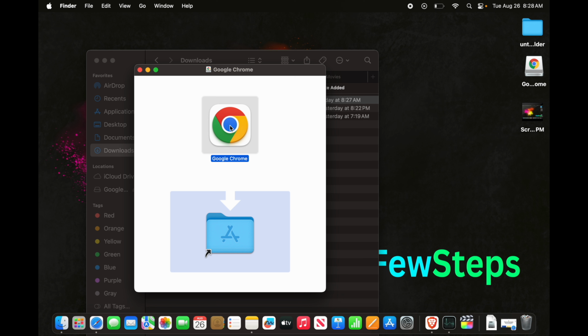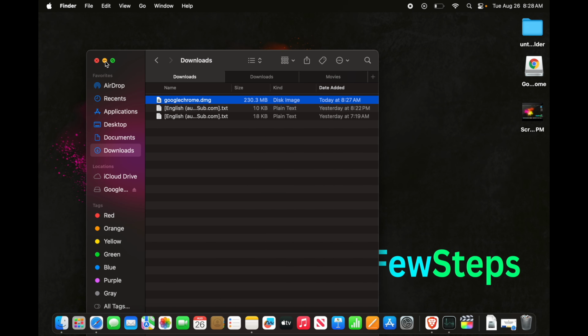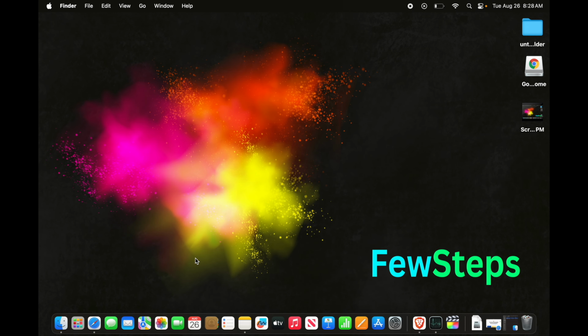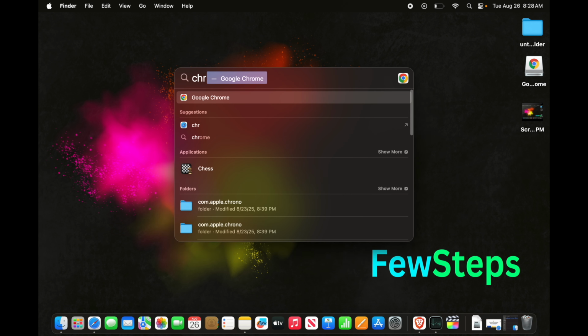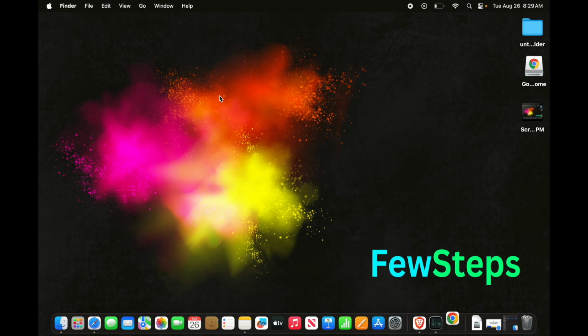Now it's time to open the Chrome browser. I'm going to close this thing and also close or minimize this thing. Now I'm going to hit the Spotlight search from here, or we can hold the command key and spacebar key all together and it will bring the Spotlight search. From here we can type Chrome, and if we start typing 3-4 letters, we see that Google Chrome is there. From here we have to click Google Chrome, and very shortly the Chrome browser will open,